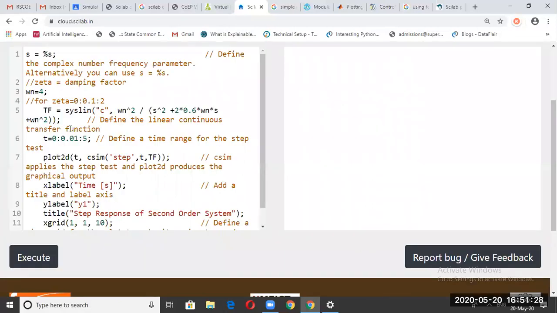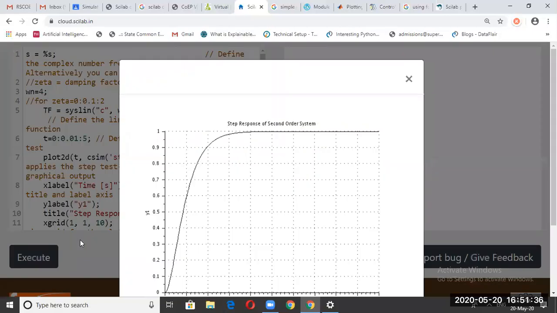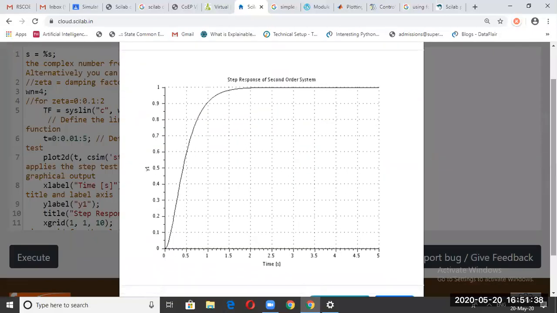And now let us see what will happen if I make zeta equal to 1. So zeta is 1. Now after execution we can see at zeta equal to 1 the system becomes critically damped. So there are no oscillations in the system and the system will achieve a steady state value after some time here.